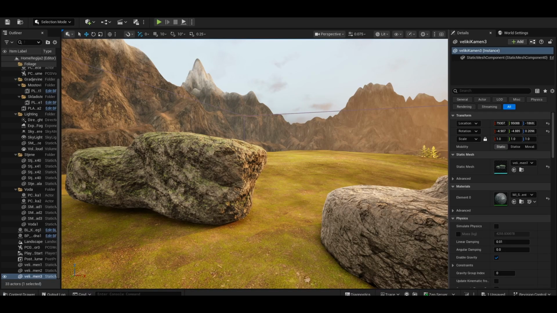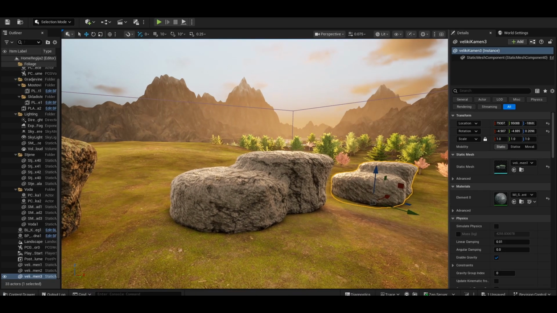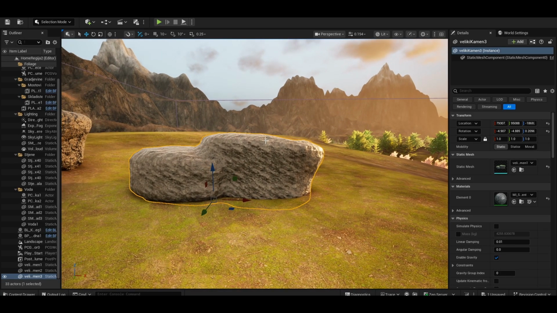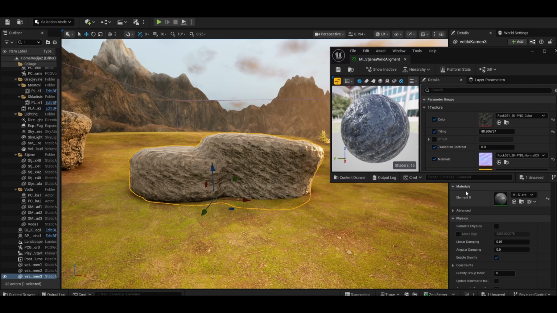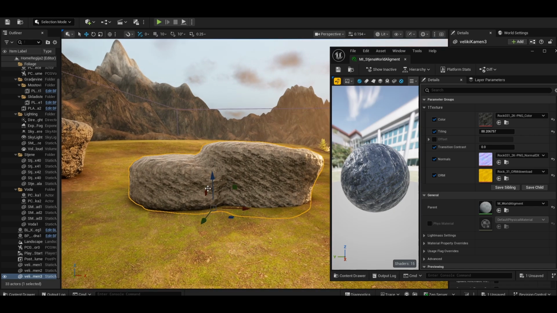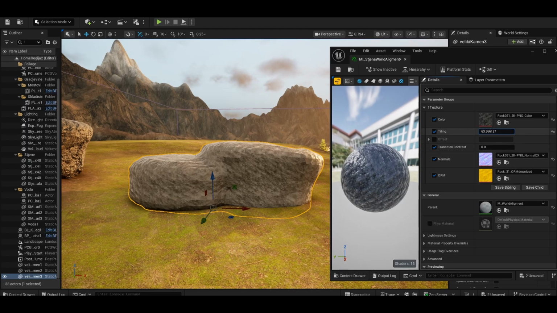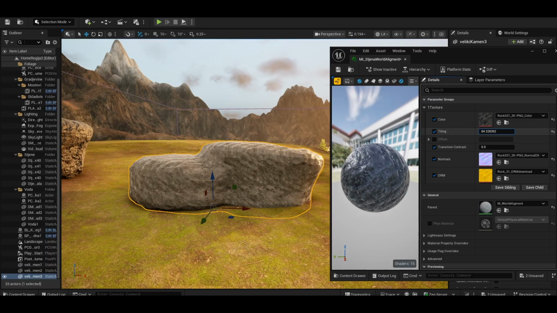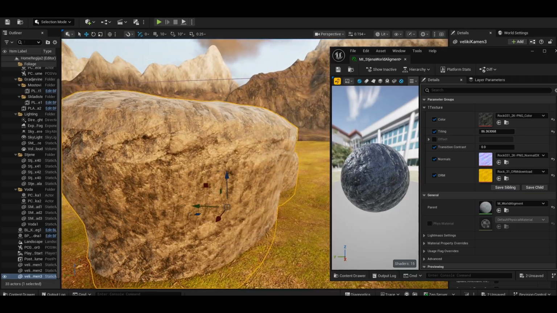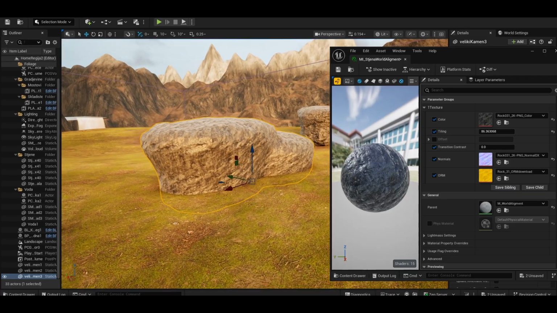And with these 3 materials you can texture large objects or large rocks. The first material will be the world alignment material. This is the simplest of the 3, and you can add color, normal maps and ORAM on large rocks, and you see how this material works. It's just tiling of normal maps and textures. It is a pretty simple material, but it is cheap and you can texture large rocks,